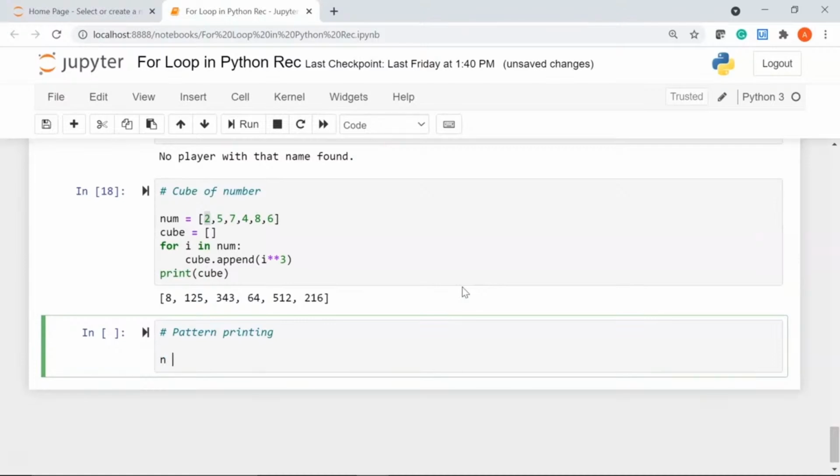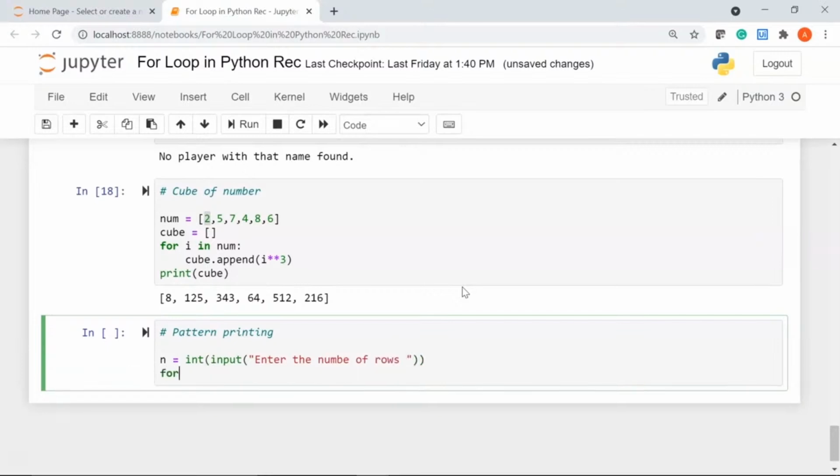For that I'm going to take my first variable called n, which is going to be a user input to enter the number of rows. So using the input function I am passing the message enter the number of rows. I'll say for i in range 0 till my user input n,